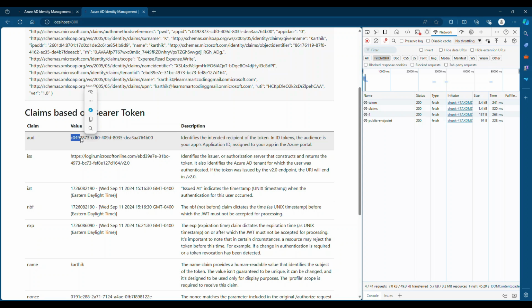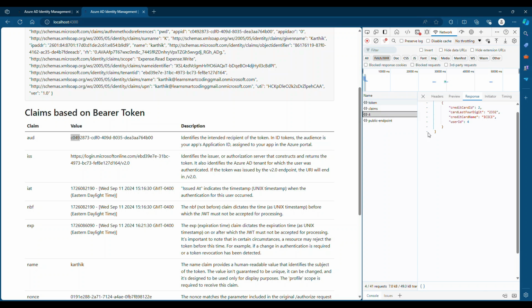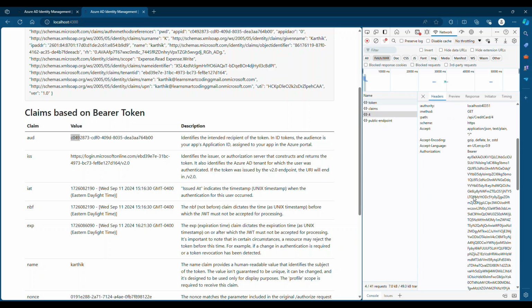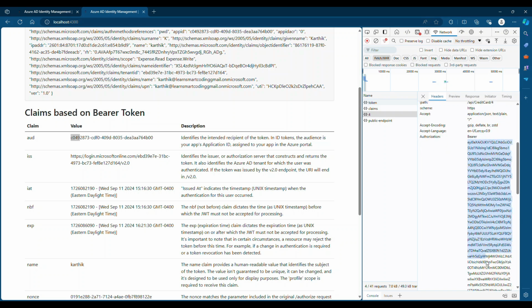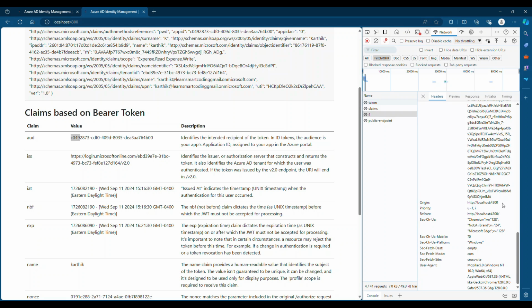If I deploy this application to an Azure website, same thing. If you have one of the users on my account, and you navigate to any of my applications in the same tab, you will be able to log in automatically. That's the beauty. So if you take any of the calls which is going out and take the bearer token, right? This bearer token, if you take this till here,